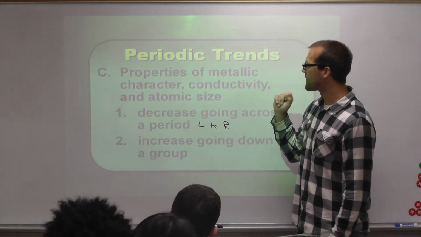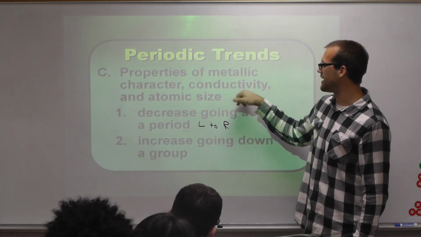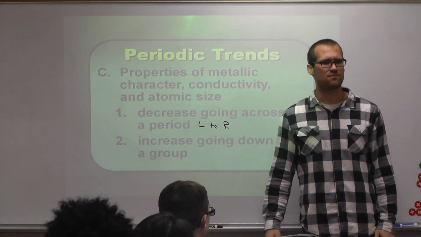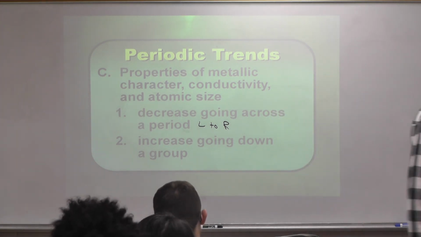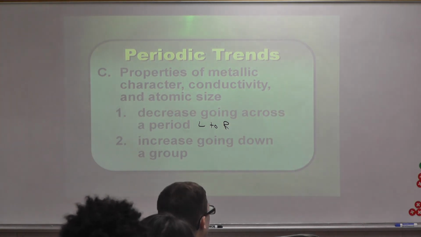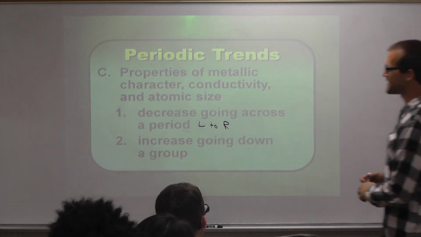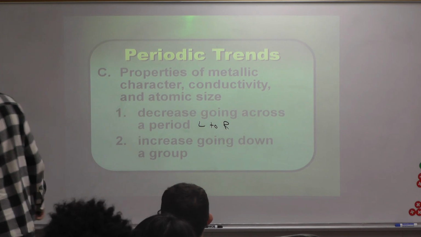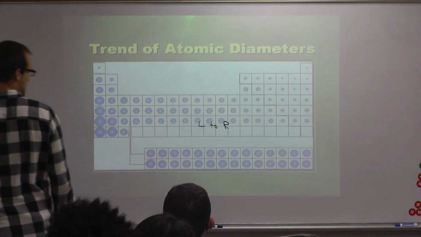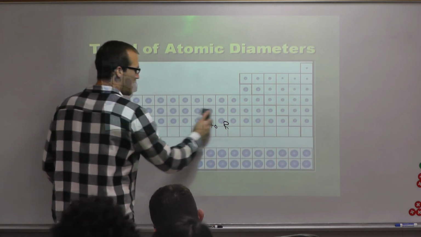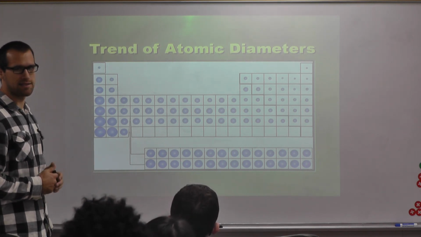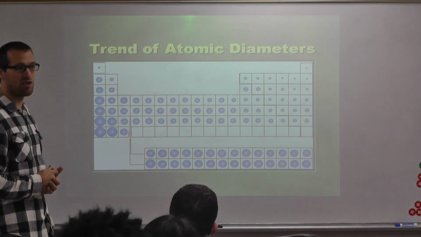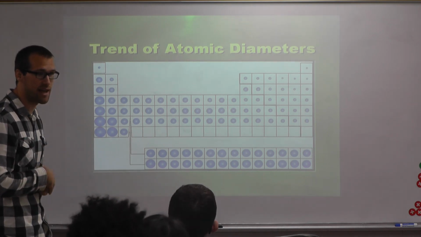Yeah. Okay? Then it also says the conductivity decreases left to right, but that should make sense. What things are good conductors? Metals. So as I go towards the non-metals, I become less conductive. Correct? Okay? Last thing is the atomic radius. Left to right, how does the radius in size relate? It gets smaller, decreases, just like it said.